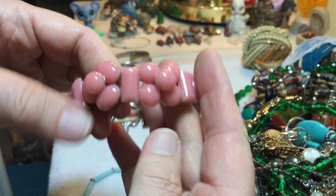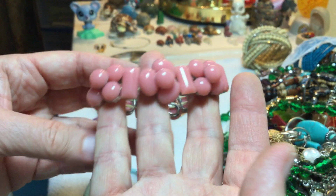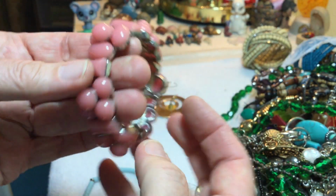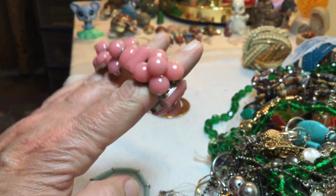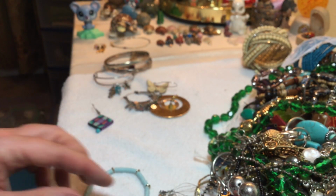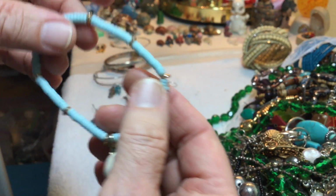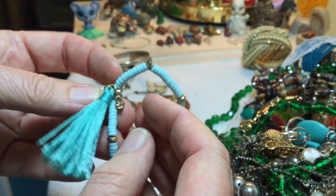This is really pretty. It's a coral tone. Beautiful, beautiful bracelet. Plastic, $6. That is a beautiful bracelet. Unusual. I don't think I've ever seen one like that with those colors and that design. A little teal tassel, and